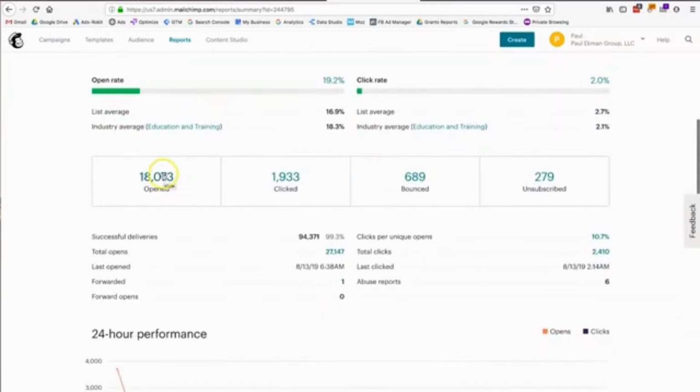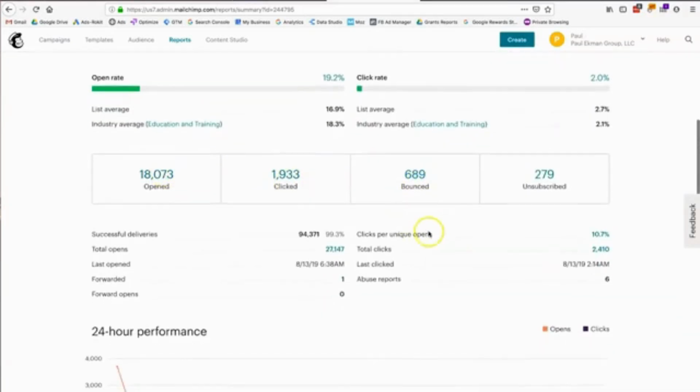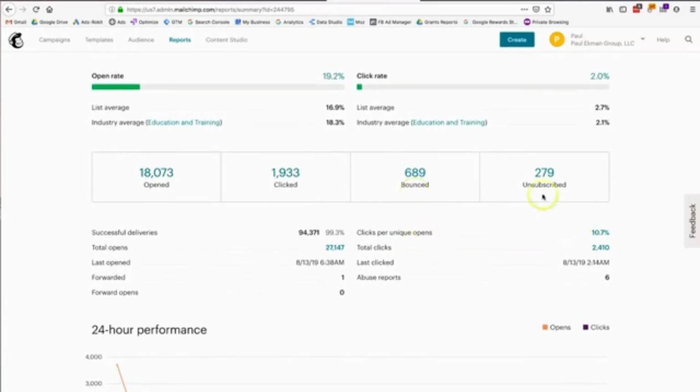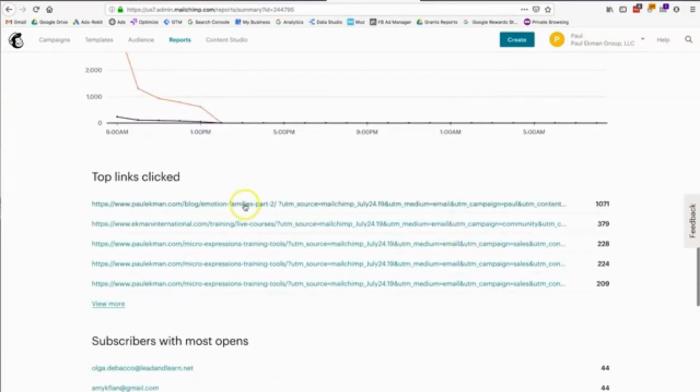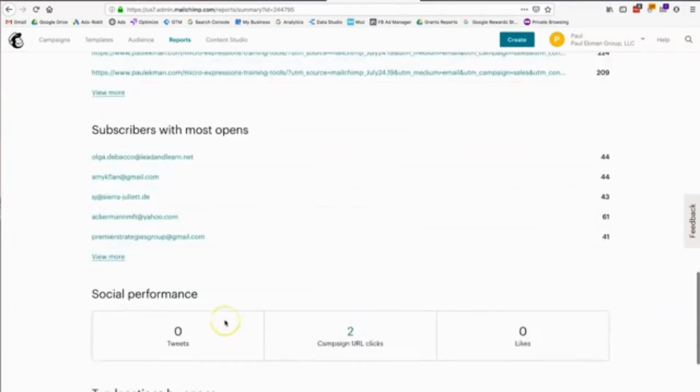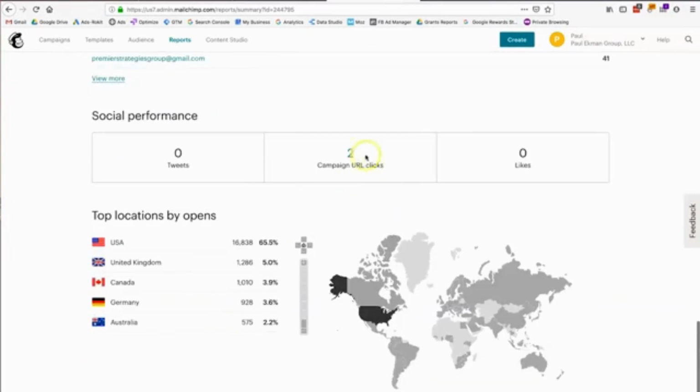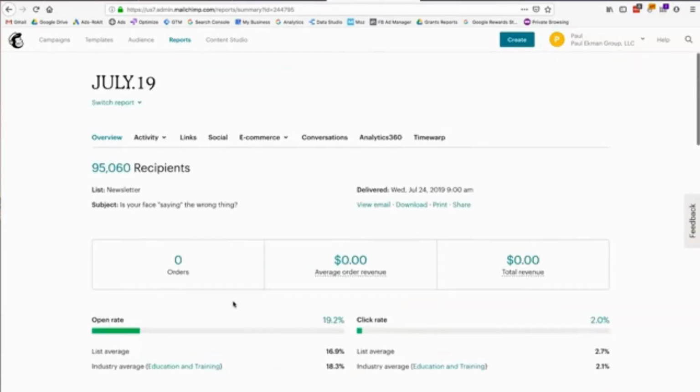So here we can see specifically how many people opened, clicked, how many people bounced or email addresses bounced, and how many people unsubscribed from the list. And here we can see the top links that have been clicked, the subscribers with the most opens. Did anybody perform any social media activity? What locations opened the email? So you can actually see a lot of good information here right in MailChimp, and you want to be